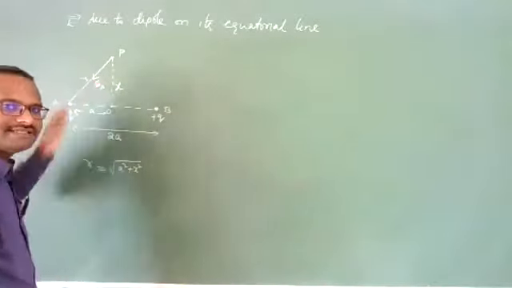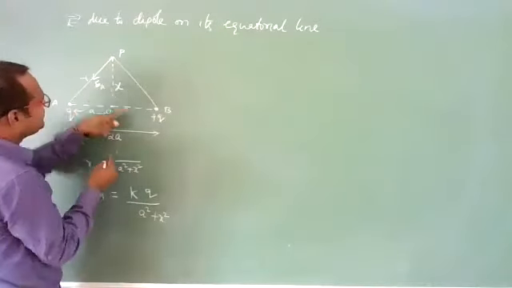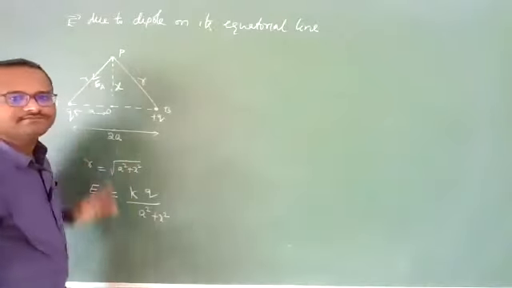Now next, find the electric field due to the charge at B. And as we know, let us suppose this is the distance BP. As this is 2a and this is a, and this will also be a, and this is x, again it will form one right angle triangle. POB is a right angle triangle. This is x, this is a, and this should be r, because this is the r we have considered.